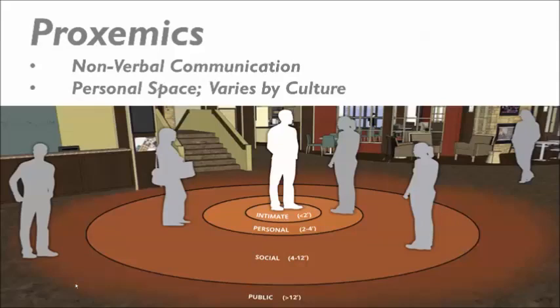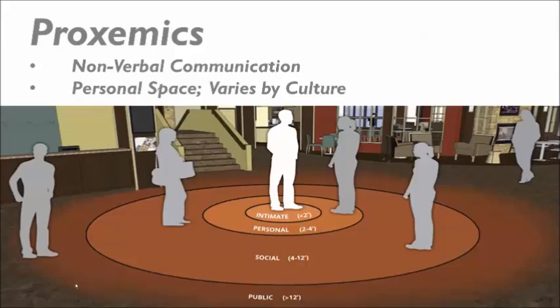And then between about 4 feet away from the person to about 12 feet is considered a social space where people are kind of moving around you. You might say hello to someone, but you're not having a personal conversation. And then more than 12 feet away from you, there might be people moving around, but that tends to be